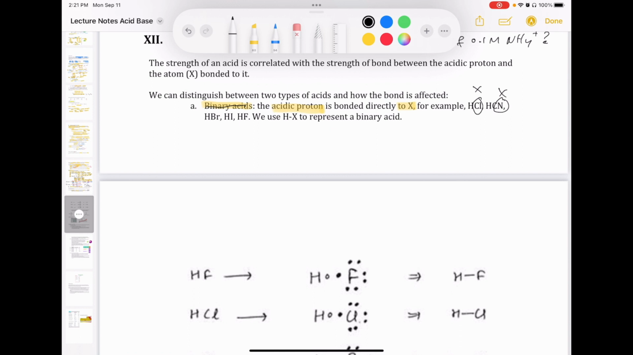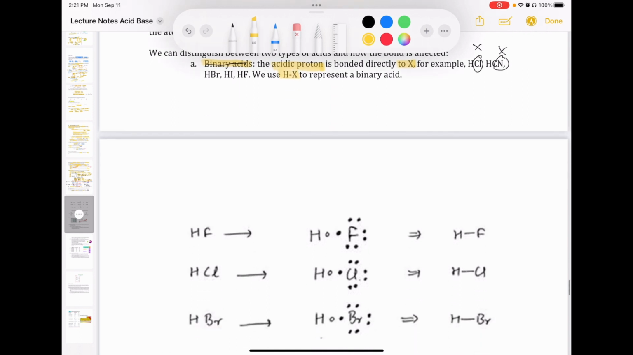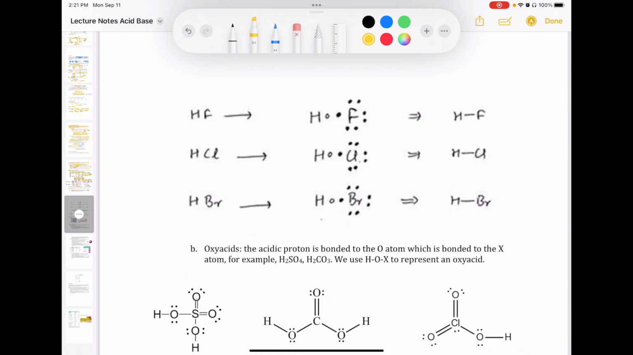Okay, so the anion or the conjugate base is your X atom. We're going to use the formula HX to represent a binary acid. And all the binary acids look like this. I'm showing you the Lewis structure here because this is going to be important in our discussion. And so the specific bond that we're going to focus on is the bond that connects the proton and the X